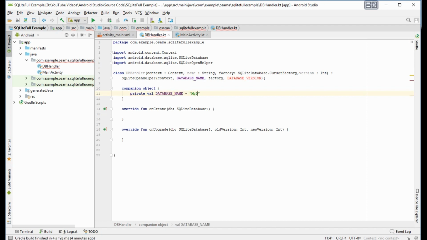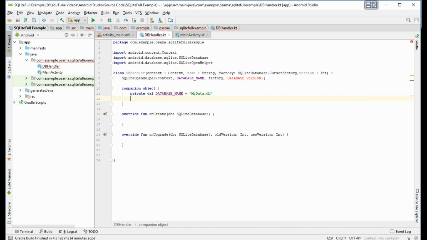We will call it mydata.db. Okay, and the private val database version, it will be 1.